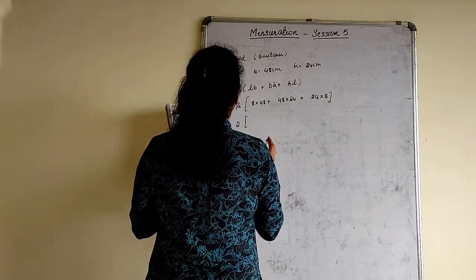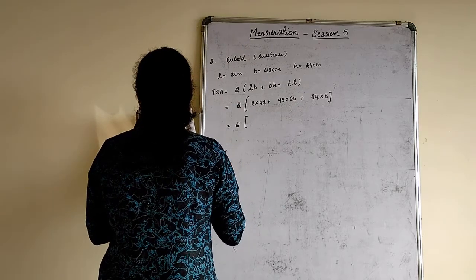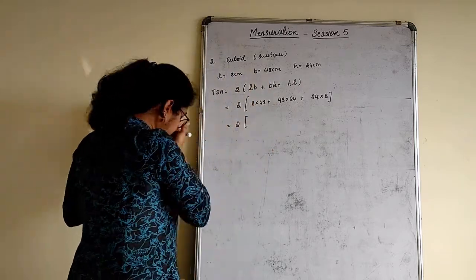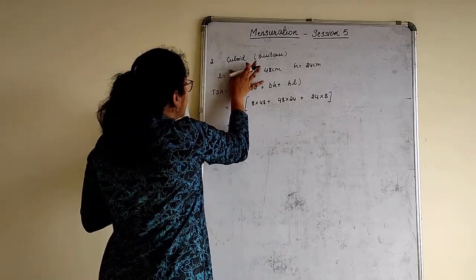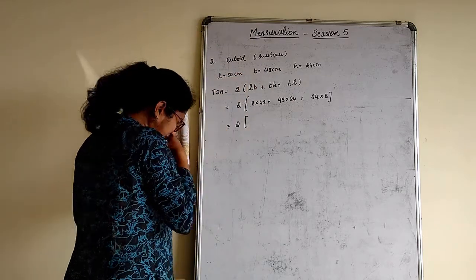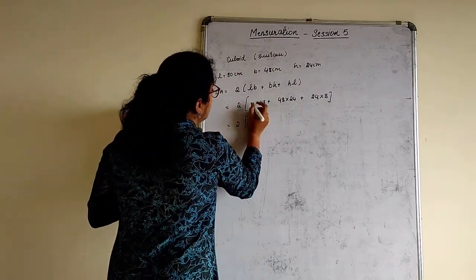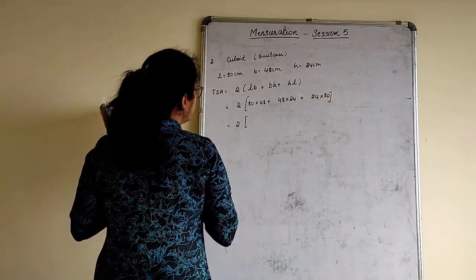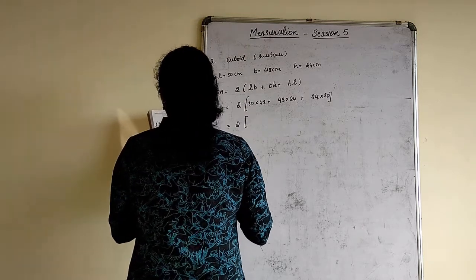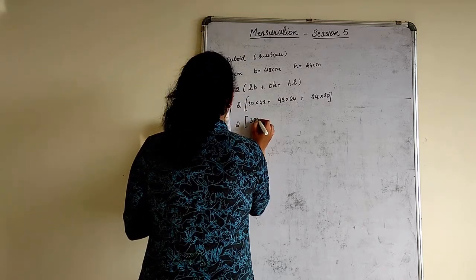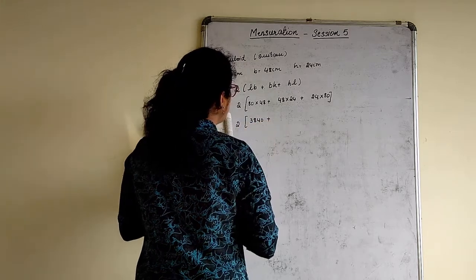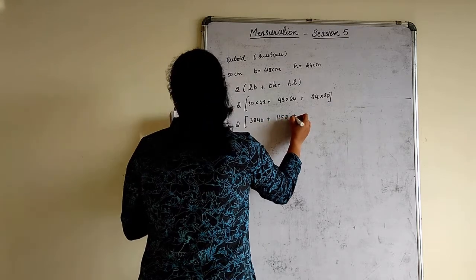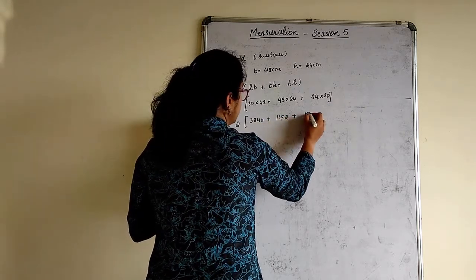Excuse me, I'm sorry, this is 80 centimeter, I missed it, 80 as well as here 80. Okay, so 48 80s are 3840 plus 48 into 24 is 1152. Quite big numbers as I had told you here. Calculation, you have to do it a bit carefully. 1152 plus 1920.